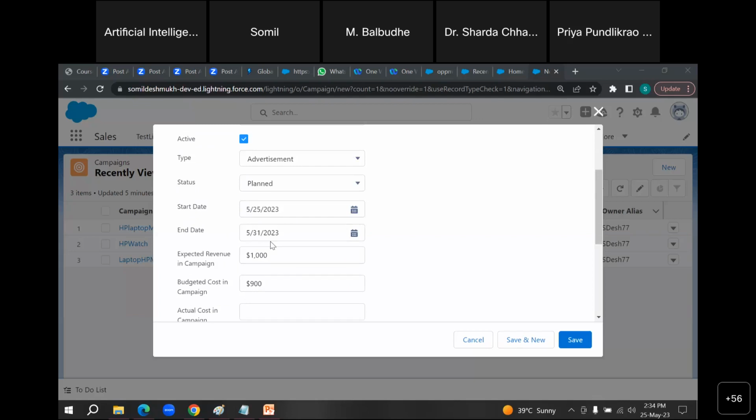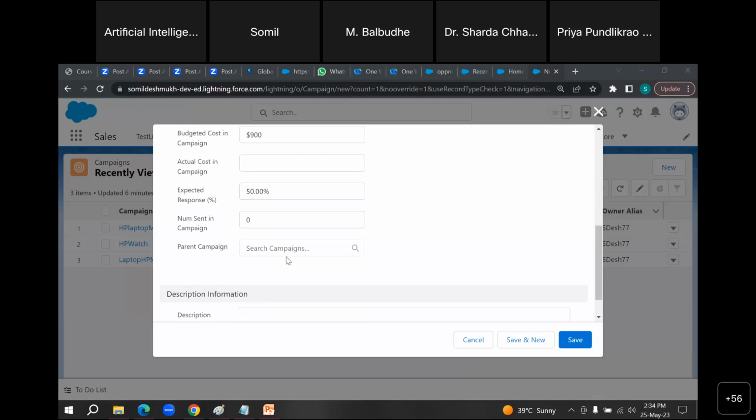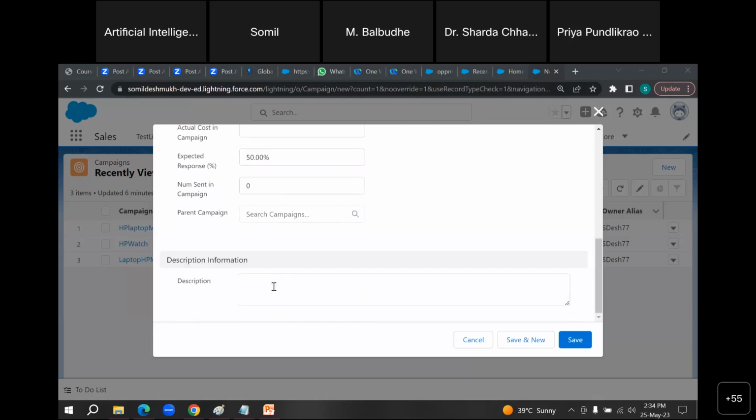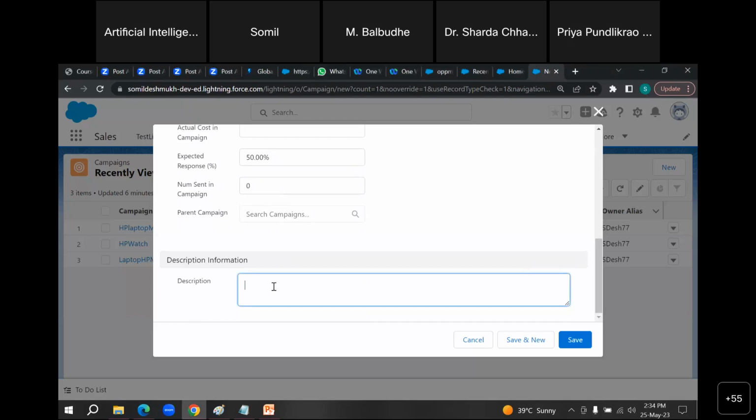Expected revenue, the budget, the actual cost, and if it is linked to a parent campaign, then you can add the parent campaign name and then save it. You can have a description, like a campaign for laptop.